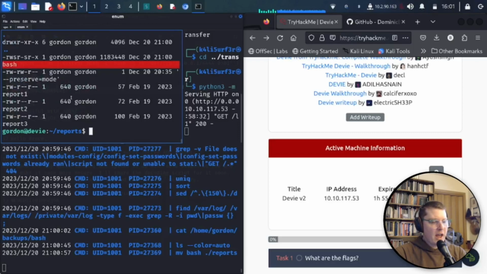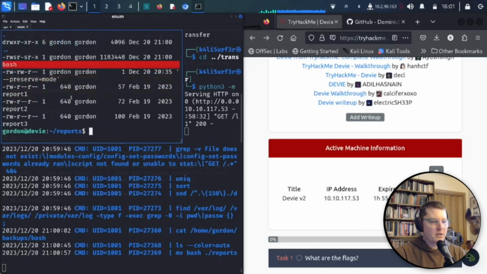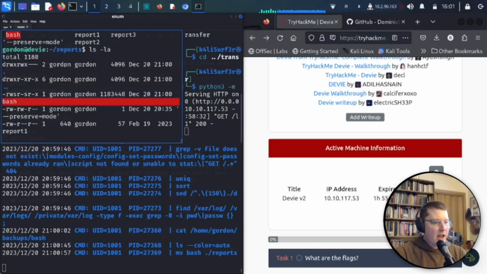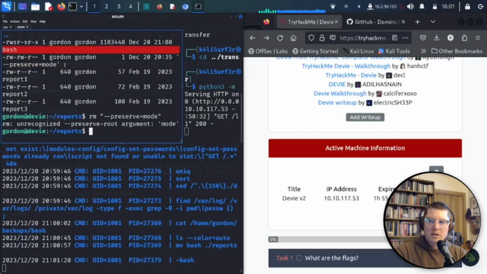So we're going to add the file that I already placed in there, but wouldn't be in there if you're trying the box for the first time. And we'll add a file that's blank and call it --preserve=mode. And the reason we're doing this is because